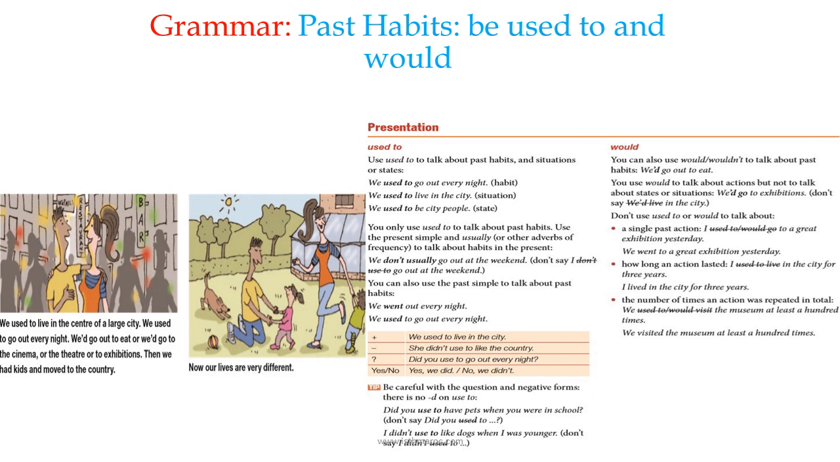Don't use "used to" or "would" to talk about number one, a single past action. "I used to" or "I would go to a great exhibition yesterday." That's incorrect, because yesterday you are supposed to use the simple past, and from yesterday to today, you are not going to change the past habit you had. For example. Two,